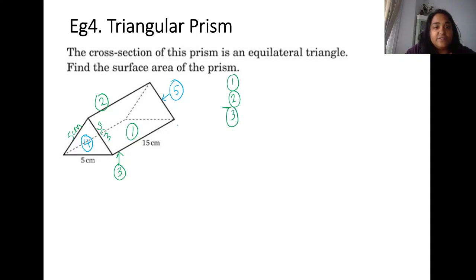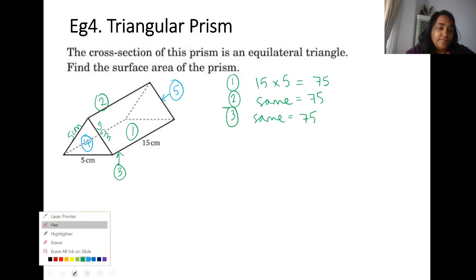Face 1 is just 15 times 5. So 15 times 5 is 75. And actually we can see that 2 and 3 are going to be the same. So 75 and 75. But sides 4 and 5 need a little bit more thought,